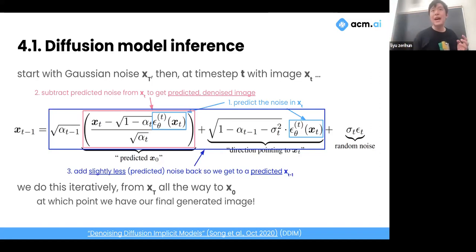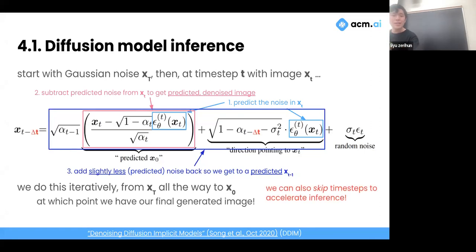And you can see how, because we have this freedom of how much noise we add back, instead of just doing t minus 1, we can actually do t minus delta t. Instead of adding back just t minus 1 amounts of noise, we can do something like t minus 50 amounts of noise. So instead of having to pass the noisy image through the model, say, 1,000 times, because we have 1,000 t's, we can say, oh, let's skip 20 every time.